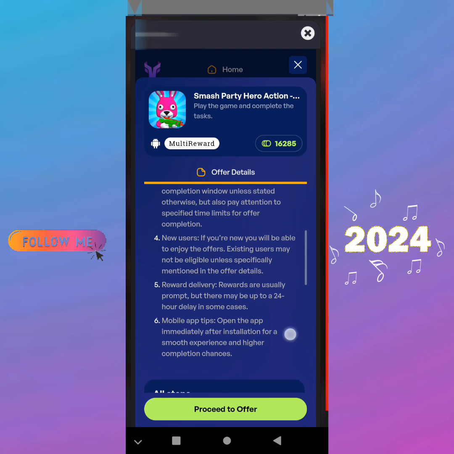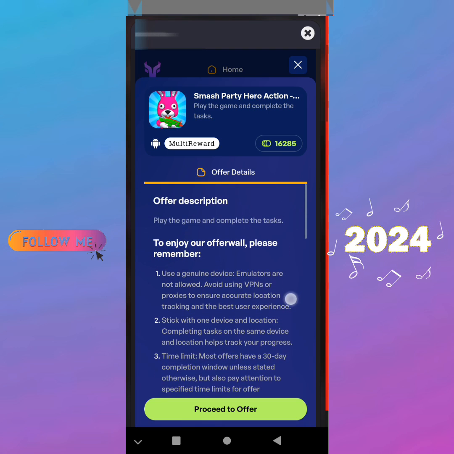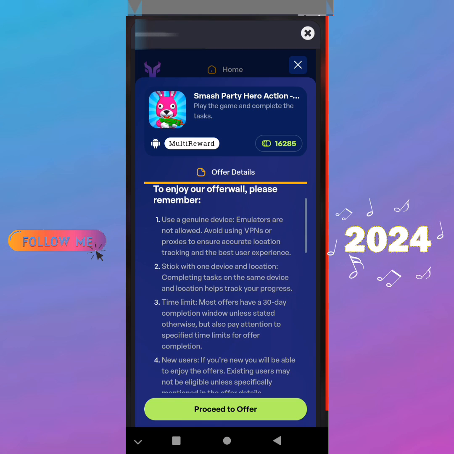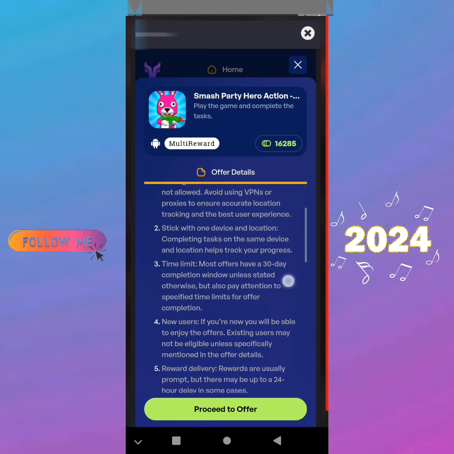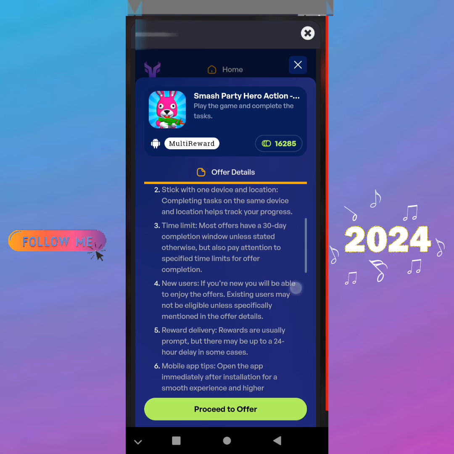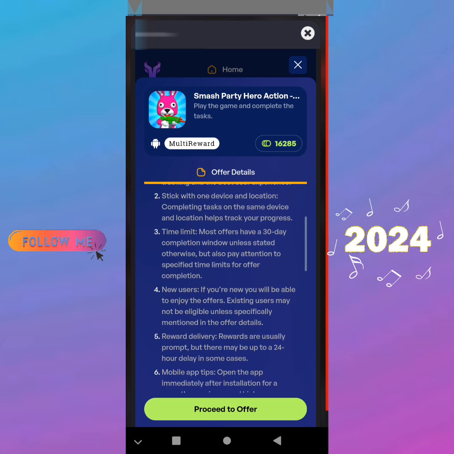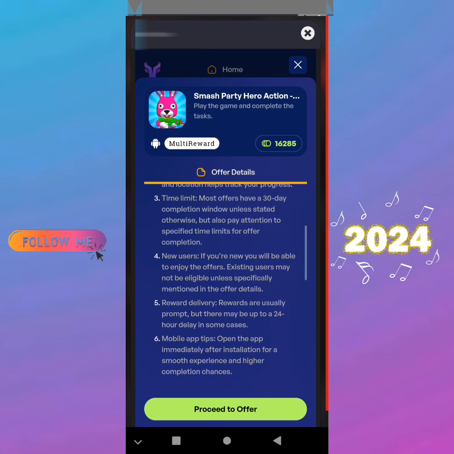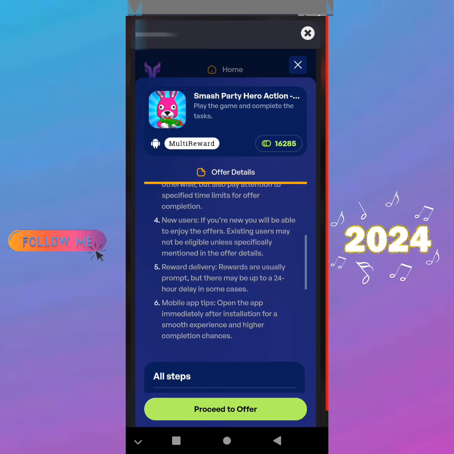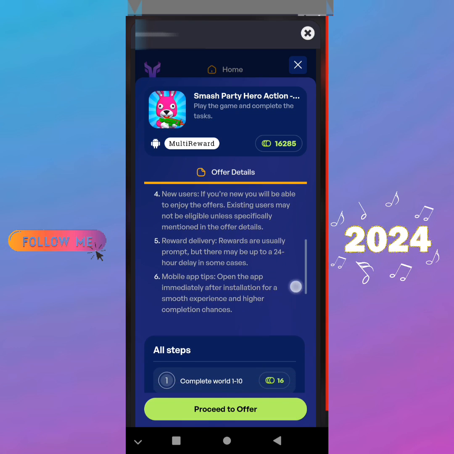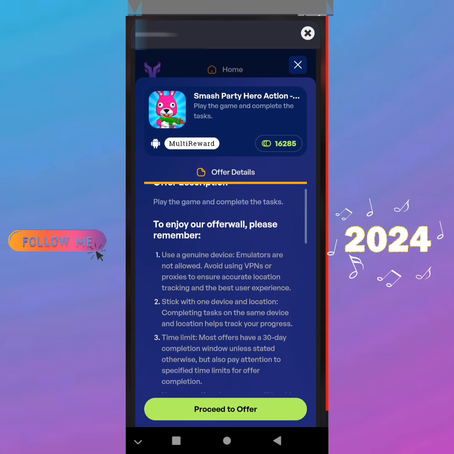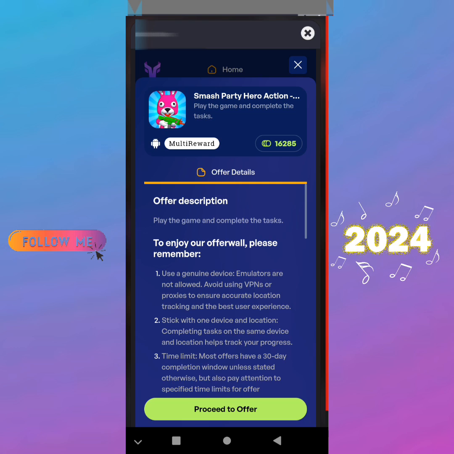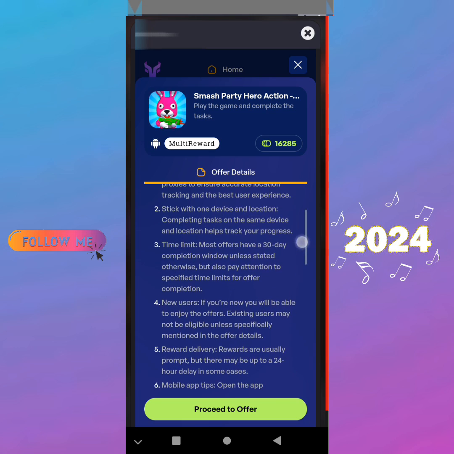Like you see, it asks you to reach this instruction. Don't use VPN or emulator. Like you see, time limited, 13 days. You must complete this offer within 13 days. New user only, and reward will be in 24 hours. Like you see, play the game and complete the tasks. It's very simple. You install the application,